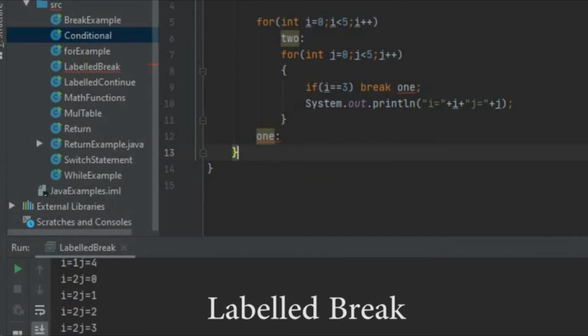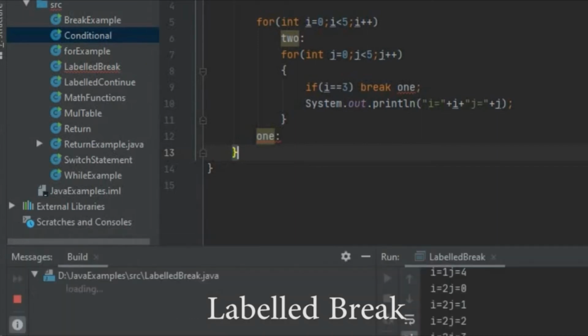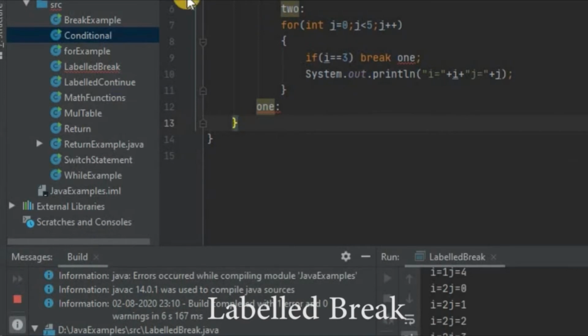So if we run, it says illegal start of statement. That means the break here can go only in the backward direction. The labels we can take only in the backward direction, not in the forward direction.